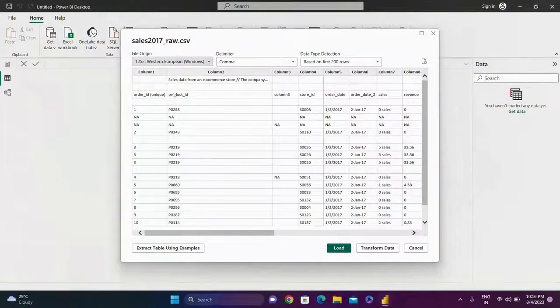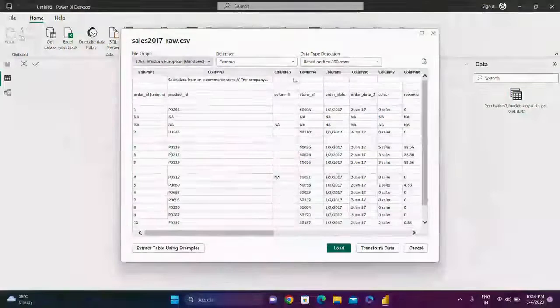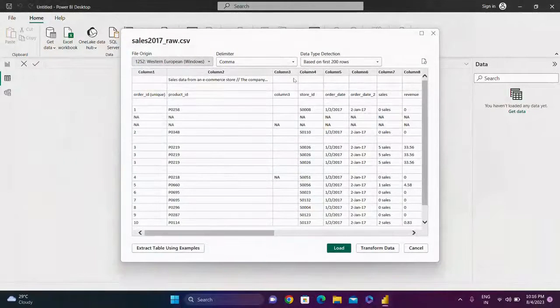So it is using a delimiter and showing us comma. And in data type detection, it is telling us that it has given the data types to each and every column based on the initial 200 rows. It's not that if Power BI has given us the data type, we cannot modify it. Definitely we can. But yes, this is something good about Power BI, that it helps us to identify by analyzing the data and giving us the data type accordingly.